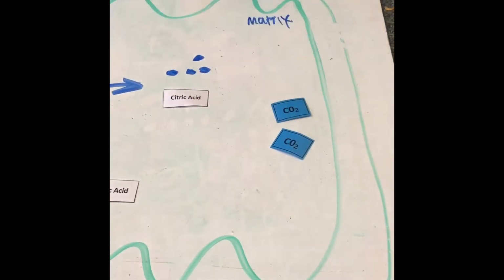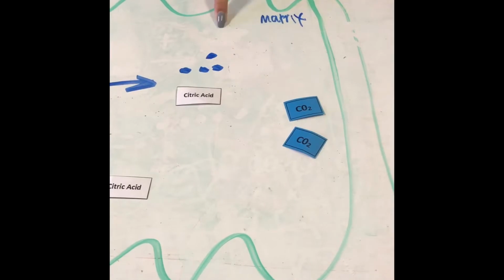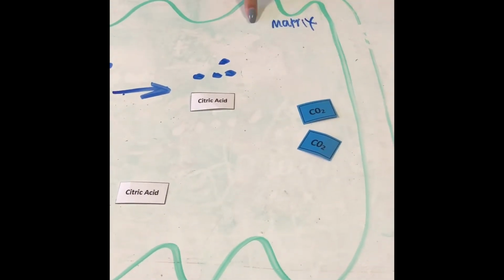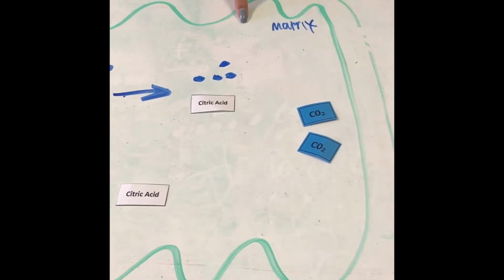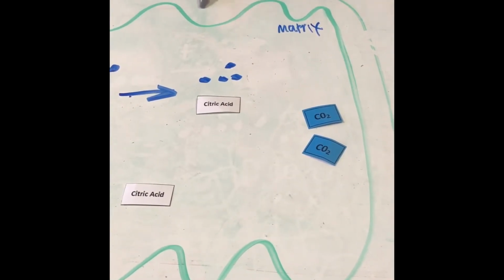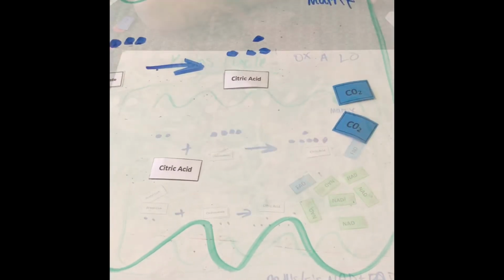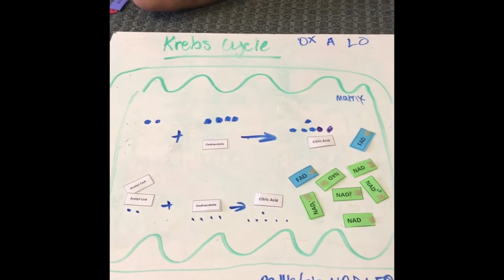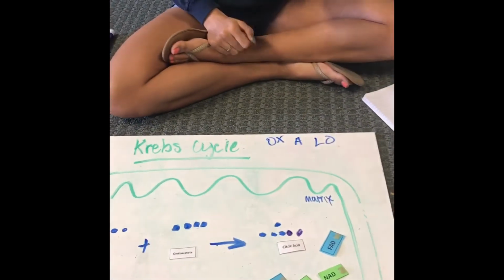And then also as the carbons break off, hydrogens with electrons are also broken off, and these electrons and hydrogens are what are needed for the electron transport chain. So that's why this cycle is continuously happening. So during this cycle, as the electrons and the hydrogens are being broken off, NAD and FAD have to pick